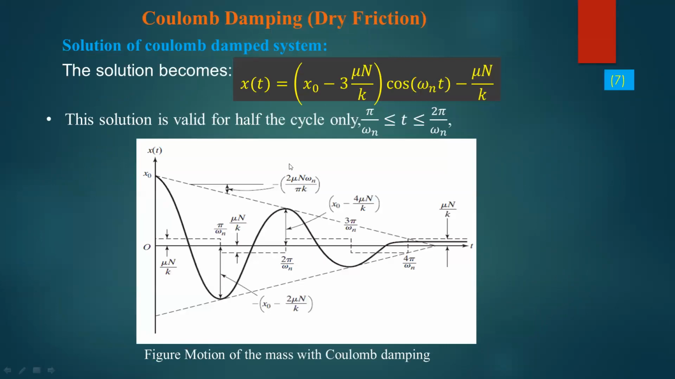So this is generally the representation. The general solution becomes x of t is equal to x naught minus 3 mu n over k cos omega n t minus mu n over k. So this is valid only for up to pi over omega n. Pi over omega n is this position. 2 pi over omega n is here. So now it is a full complete cycle. What we have discussed is